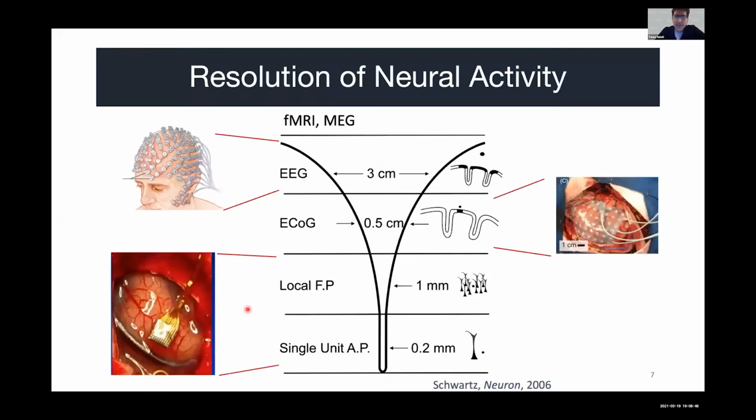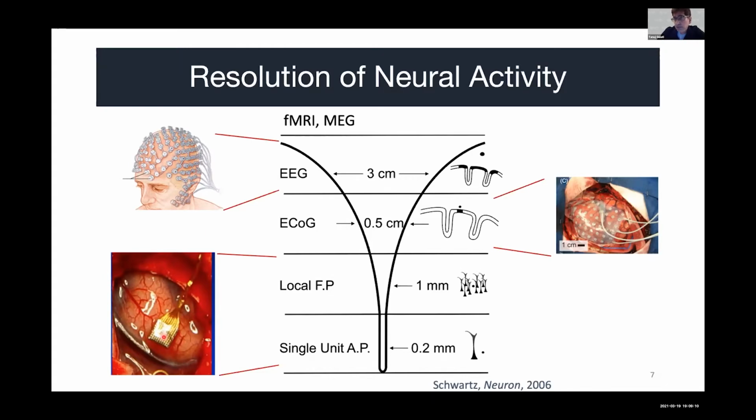So this figure essentially encompasses all approaches in electrophysiology. There are varying resolutions. I want to highlight two things here, the local field potential and single unit action potential. We are currently capable of recording these through intracranial electrodes. This is shown here within the human brain or the rodent brain. We can put these intracranial electrodes.